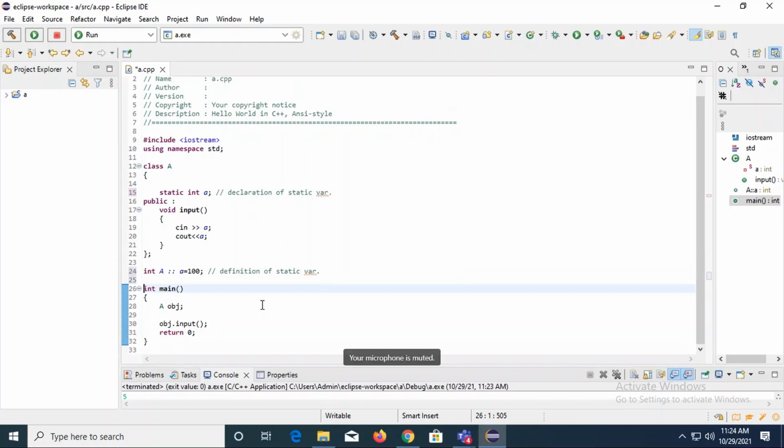Okay, done. Now let's try to execute this code. This is my static variable now. I have just defined it, but I am trying to access it through the normal member function. No need for cin now.